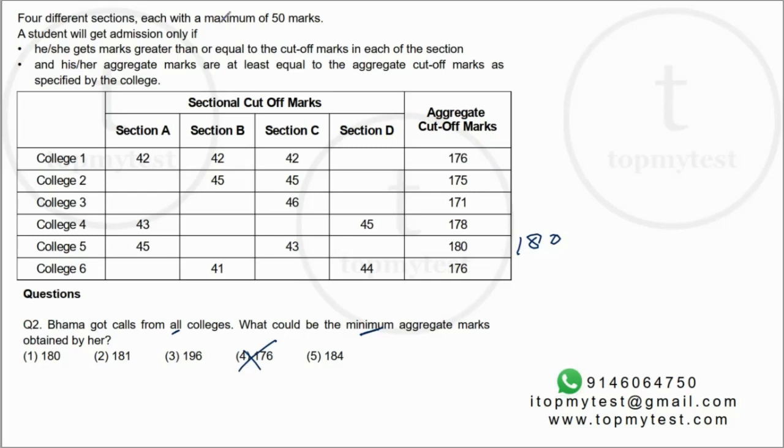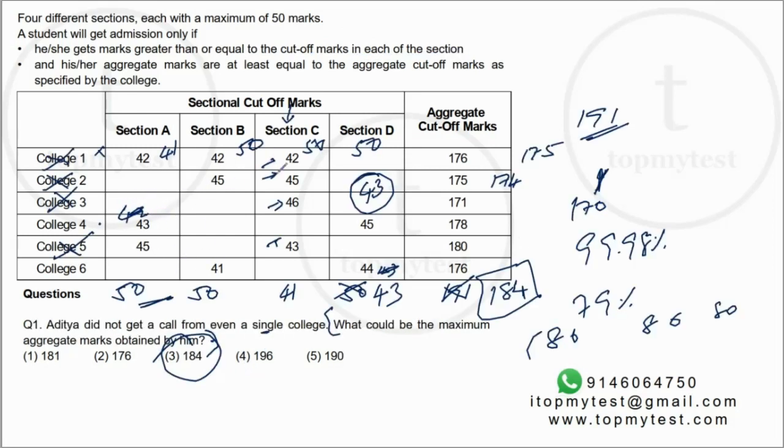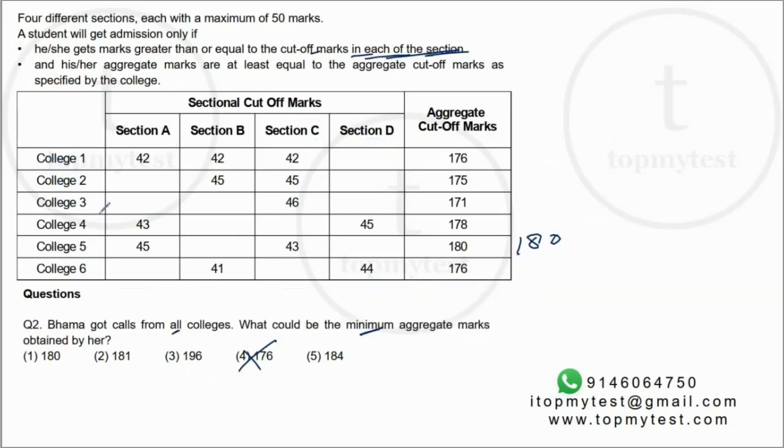What is the other requirement? You have to clear the cutoff of each section. So you'll have to clear the cutoff in each section. Now, in the previous question, I made sure that I messed up just one section, and then I would basically get out of that college. Here, the opposite is a little difficult. Not only do you have to clear section A, you'll also have to clear section B as well as section C. Similarly, each of these cutoffs has to be cleared.